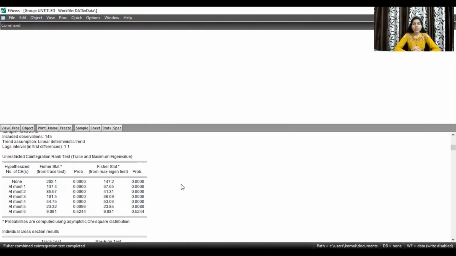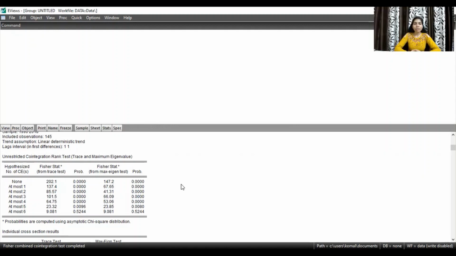We apply the same rule of 5% significance. If the probability value is less than 0.05, we reject the null hypothesis, that is, we reject that there is no co-integration and accept the alternative hypothesis, that the variables have a long-run association.